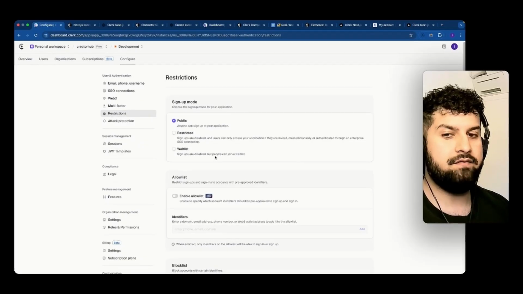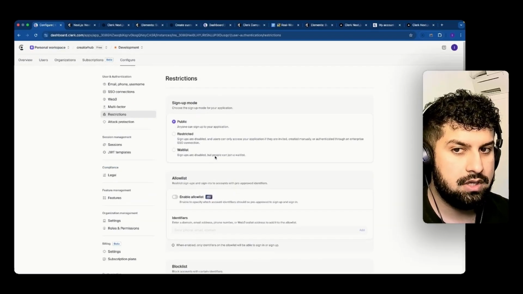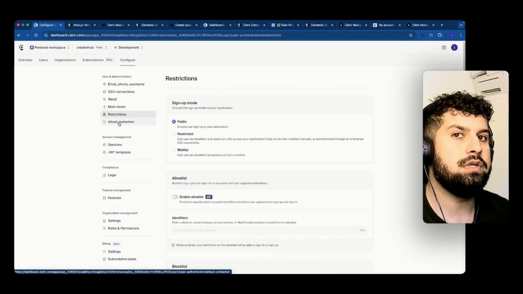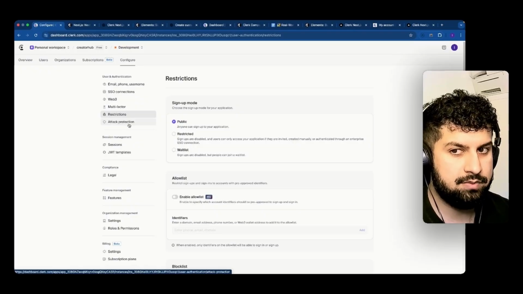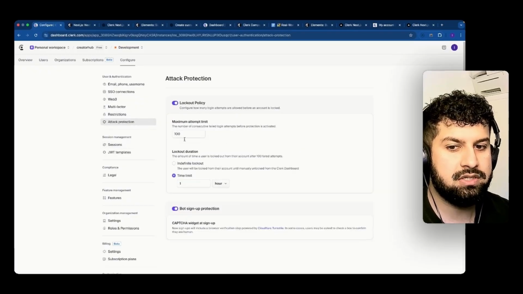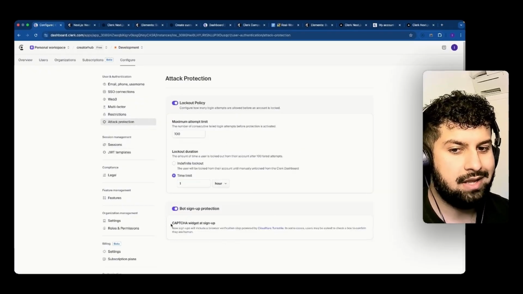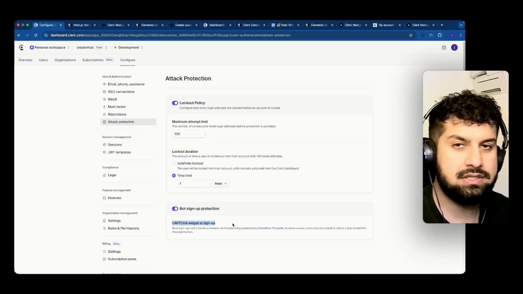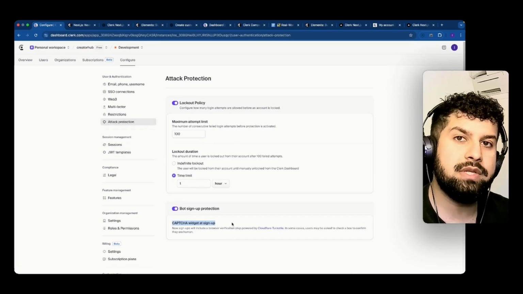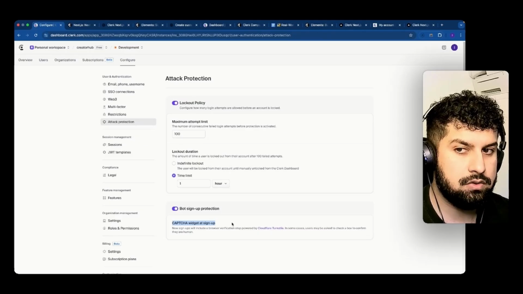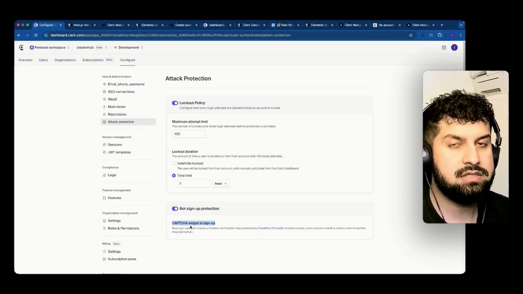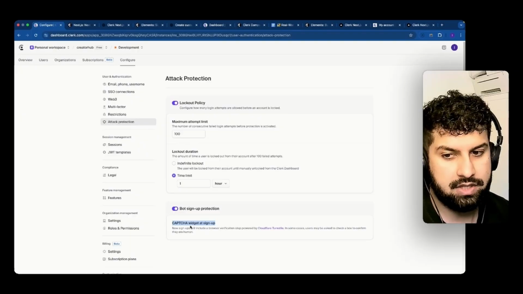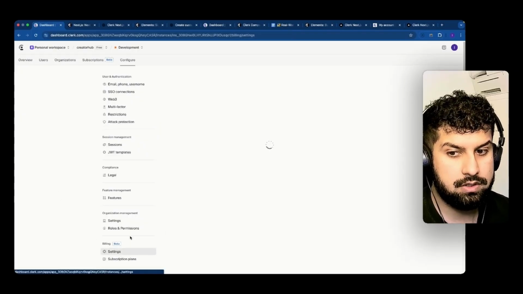So if you think about every option that they provide for you, there's quite a lot in here that you would need to manually do yourself if you didn't have something like Clerk available. Again, attack protection, you have this as well. And the CAPTCHA widget at sign up, this is important, and this is what we will be looking at later in the video as well. Essentially, you have a CAPTCHA, which is done with Cloudflare. It just basically says verify that you're a human. So that's that one. There's plenty more features in here, but essentially what I want to focus on is